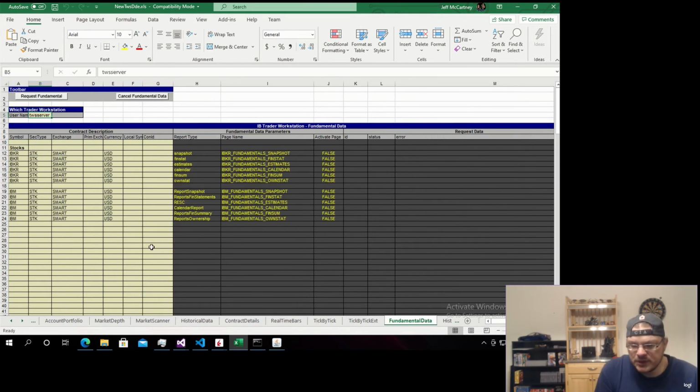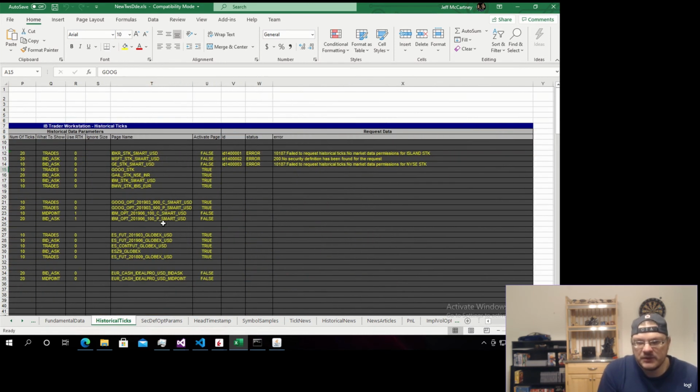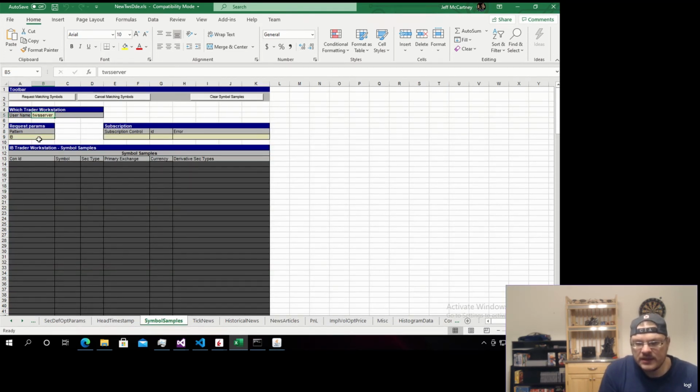Again, I'm missing permissions or subscriptions for that data feed. This other error, security definition has not been found, means that the security type, whether it's stock, futures, etc., is incorrectly formatted. It's either the symbol or the security type or the exchange or the currency, basically the attributes of the contract. But this is where the